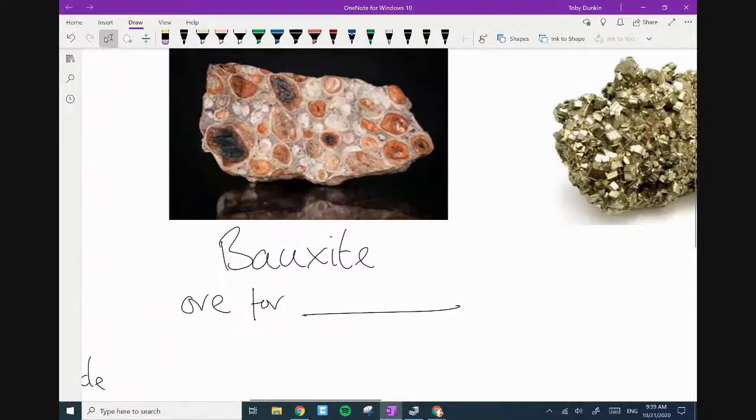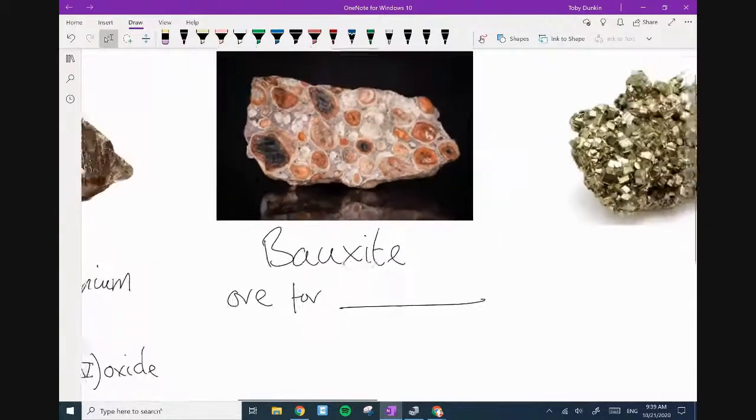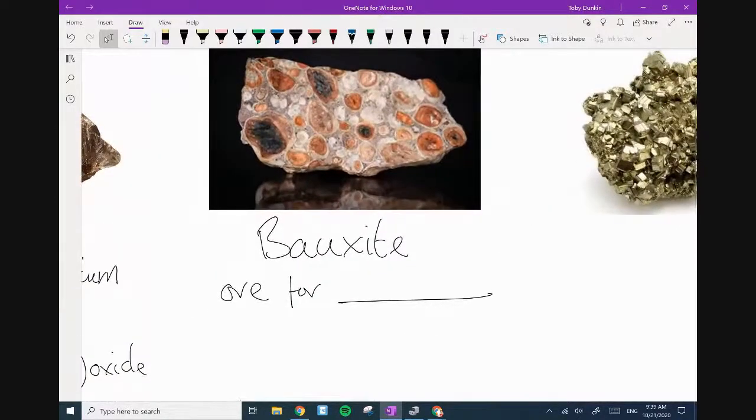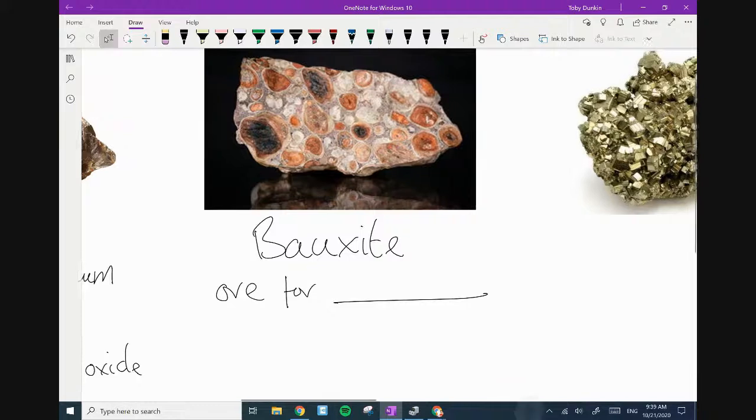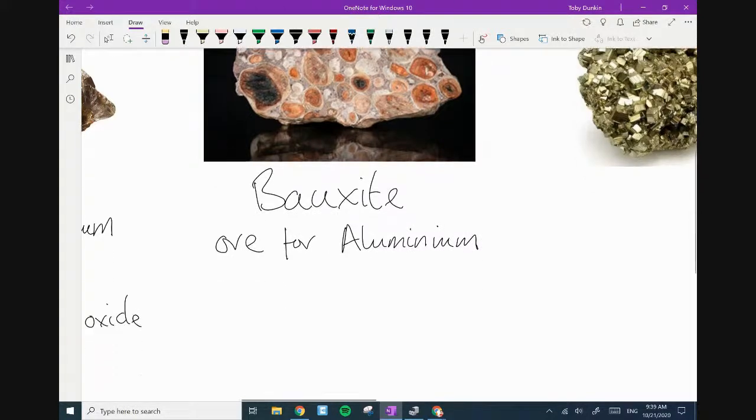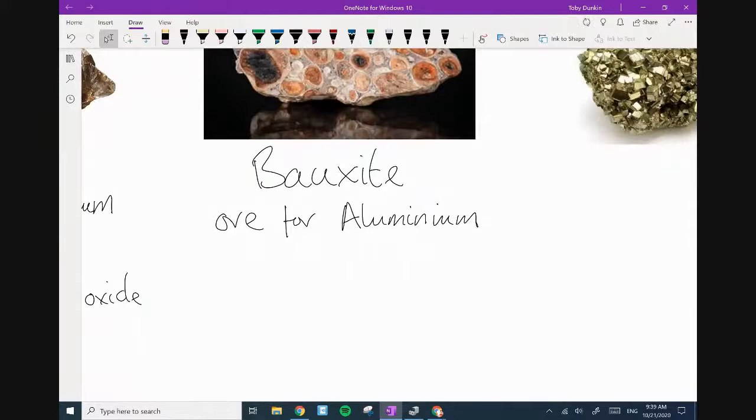Aluminium, Nervina, Zina, well done. Bauxite, well done, guys. Super impressed. Well done, Ian. It is the ore for aluminium. Well done. I'm really impressed. Great knowledge, guys. God, I didn't know that when I was your age. Very impressed. Commendations to all three of you guys. Well done. Bauxite is the ore for aluminium, and it contains